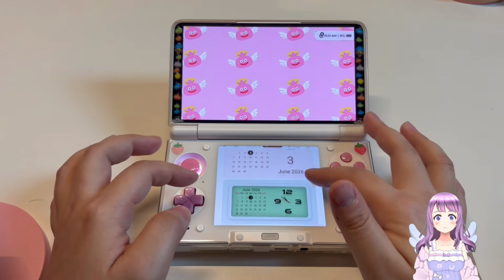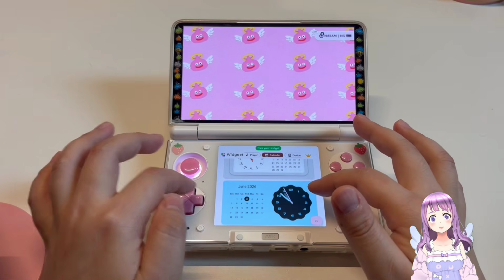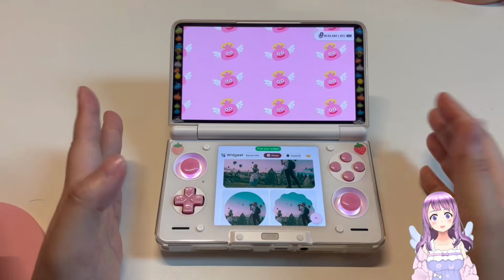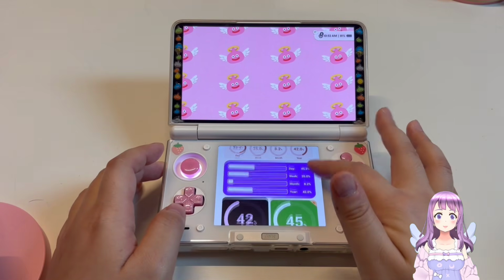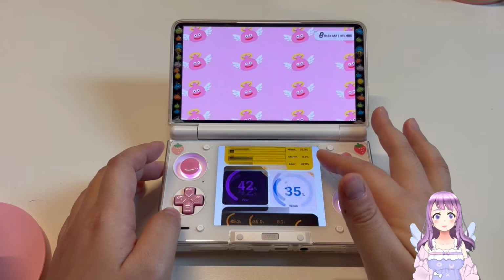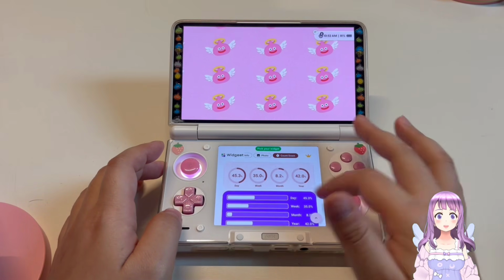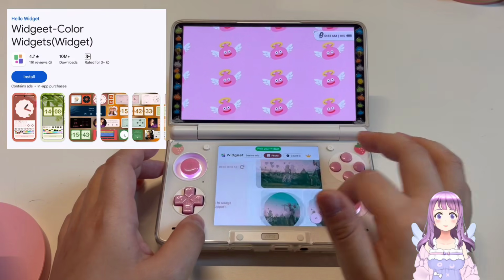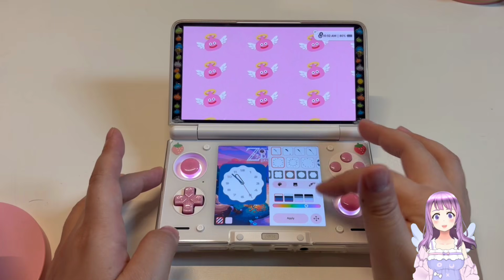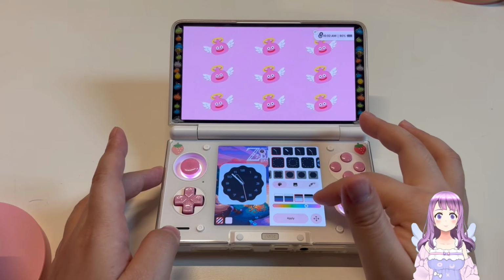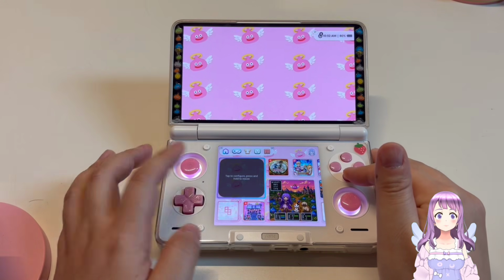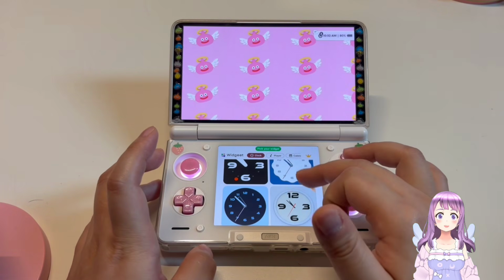You also have a calendar if you want to add a calendar, and there are others like photos, which you don't need because we already have an image there. And if you want, you can also add a countdown counter and stuff like that. This app is called Widget and it is free. This one is the clock that I'm using, so I just set it pink, and that's pretty much what I use for the settings. So for instance, I'm now adding